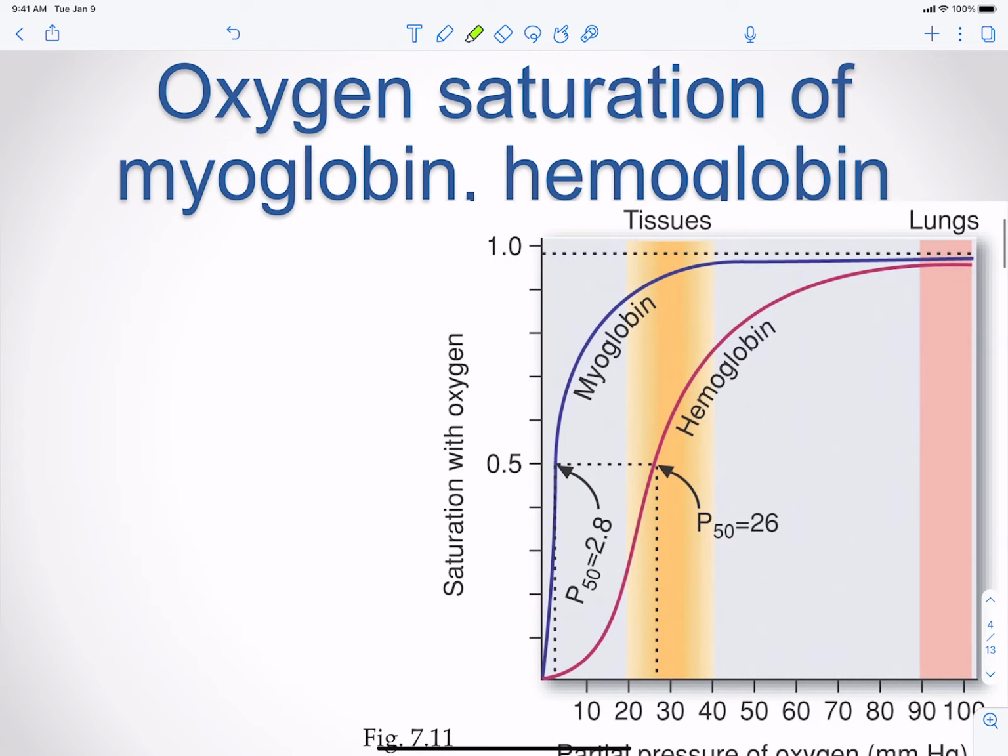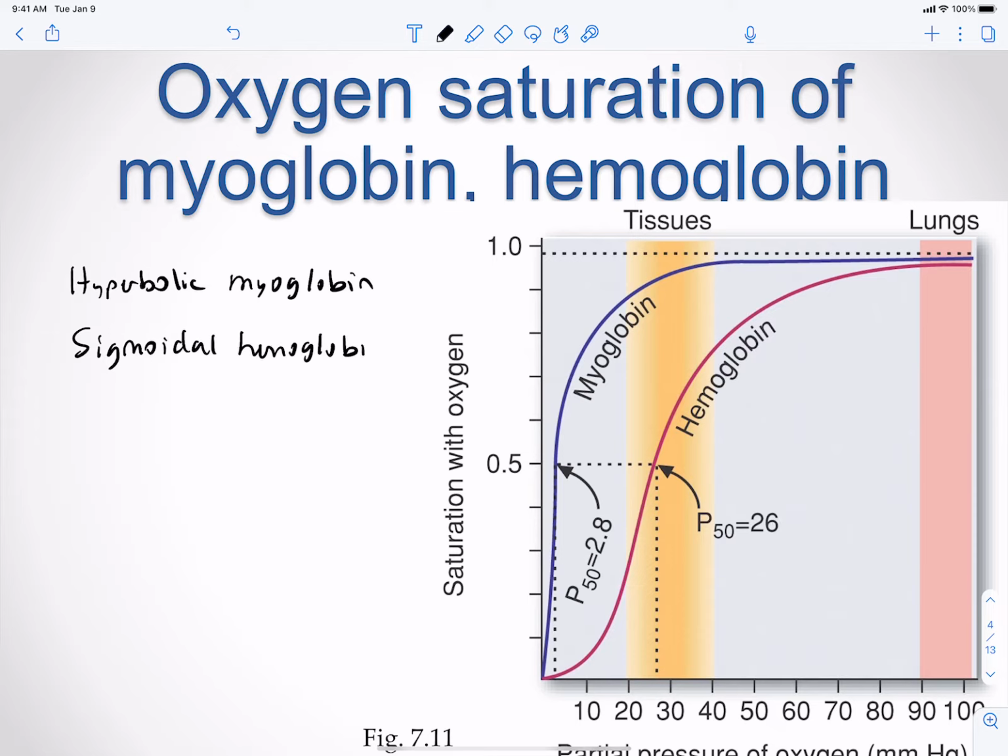So just as a recap, remember that we have our hyperbolic myoglobin. It gets saturated very fast. And then we have our sigmoidal hemoglobin, where it has cooperativity. That first binding of oxygen takes a lot longer. Once that first oxygen binds, it sort of goes over this initial hurdle, and the others can bind. And so this tetramer inhibits binding of oxygen